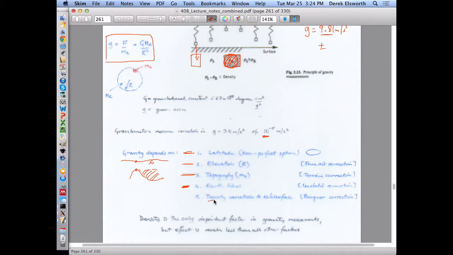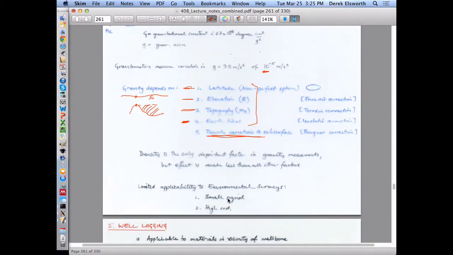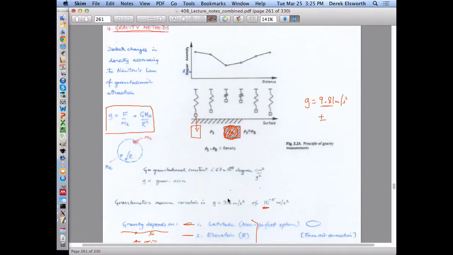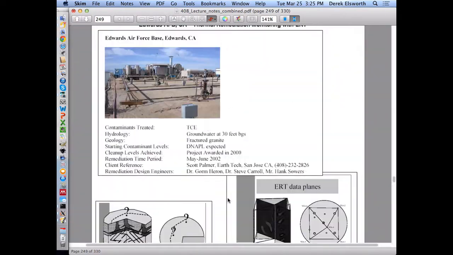And then finally, the thing that you want to know is what the density variations are in the subsurface. So the problem is that these other features might be much larger than the excursion that you're measuring due to your missing soil that's present in the subsurface. But it is used for some, I'd say, exotic things, like looking for karst limestone, which is an important thing here. So those are the four main categories of